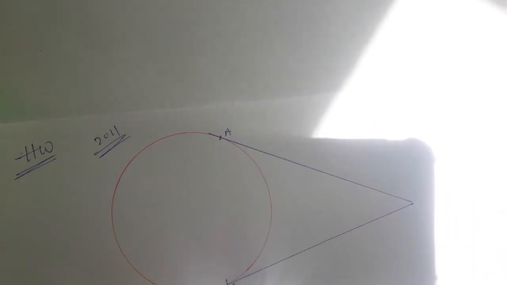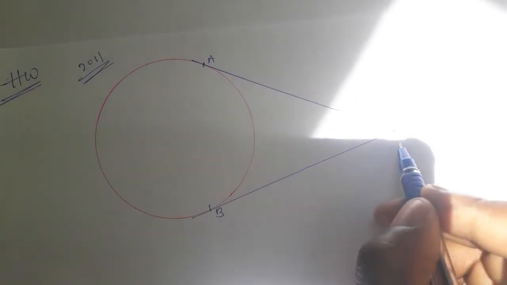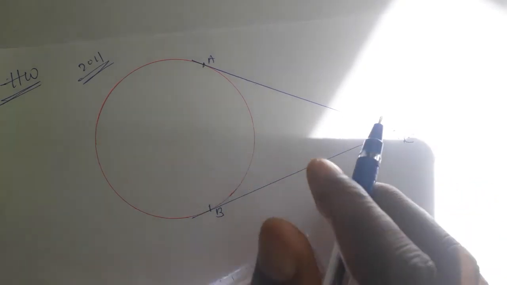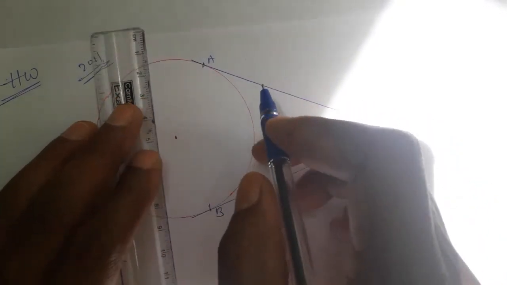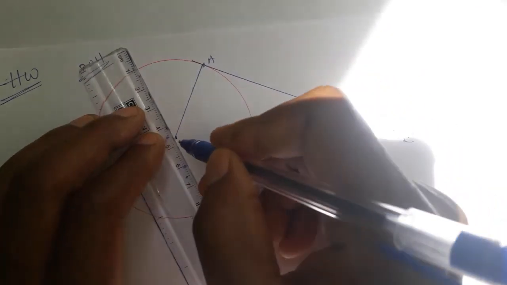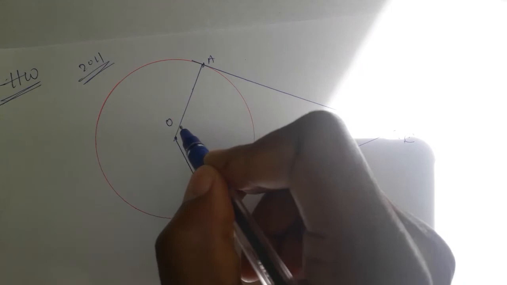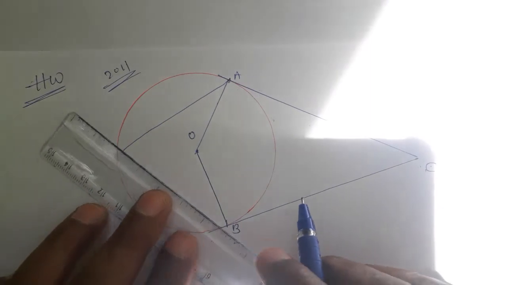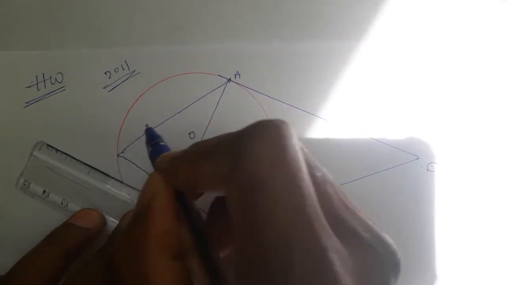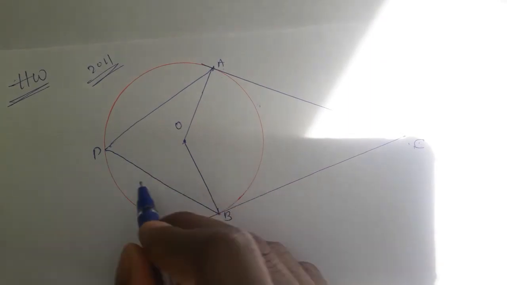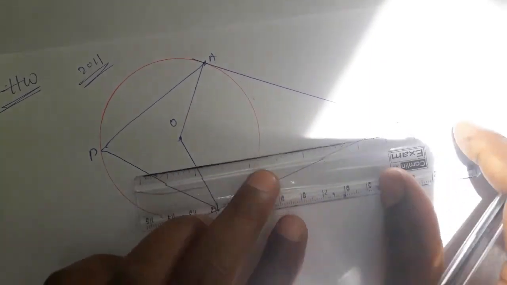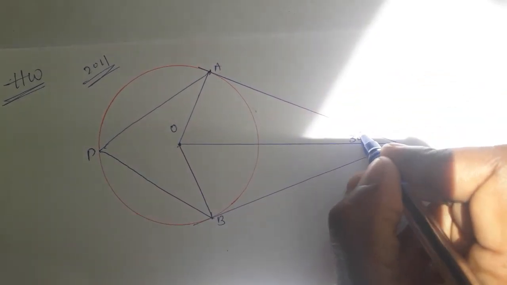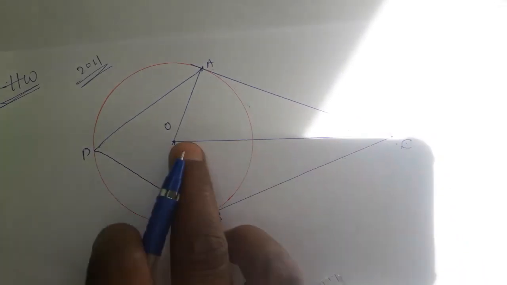A and B are points of contact, which are drawn from point C, an external point. O is the center of the circle. AO and OB are radii. The O is the center of the circle, and they also joined AP and BP, and also joined OC. Then this is 30 degrees. So in the question, ACO is 30 degrees, given.